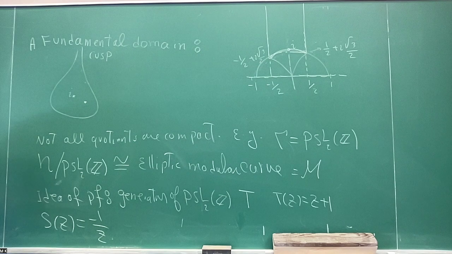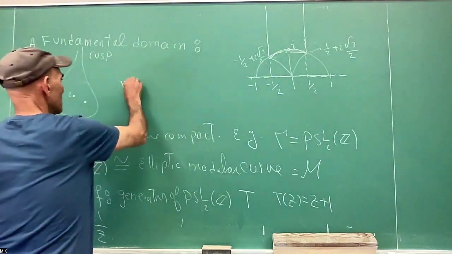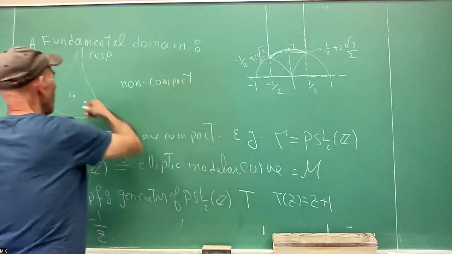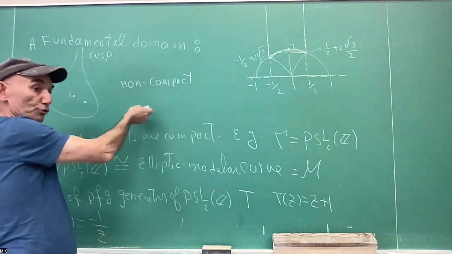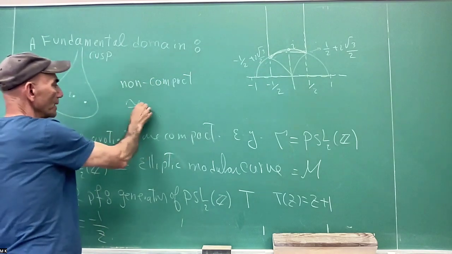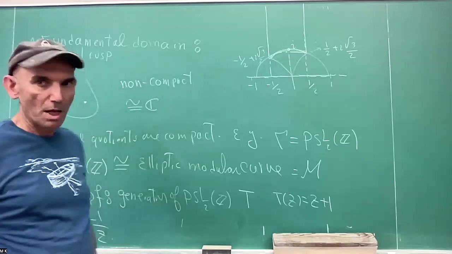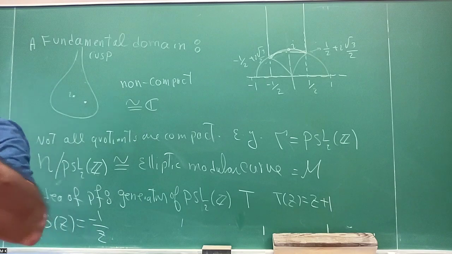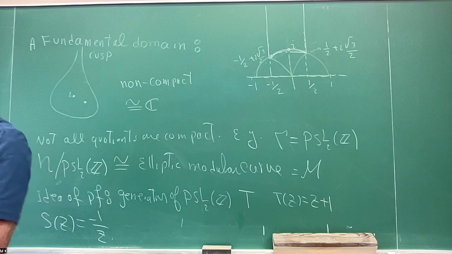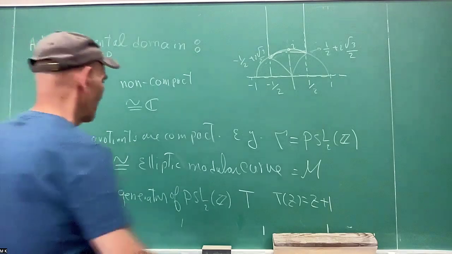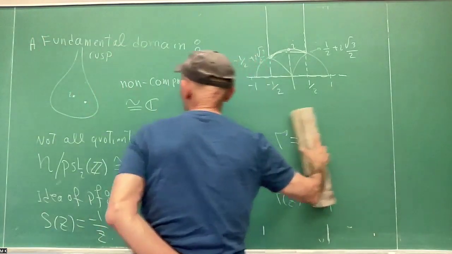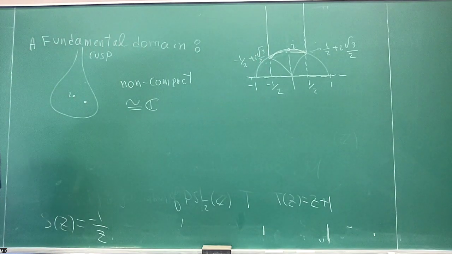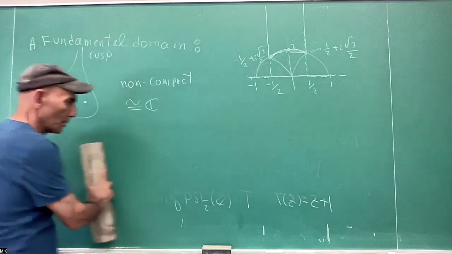Okay, now this is non-compact. And topologically, it's homeomorphic to C, right? So the question is, can you write a biholomorphism between this and C? That's what we want to look at, right? So, any questions about this? Okay, so the question is,